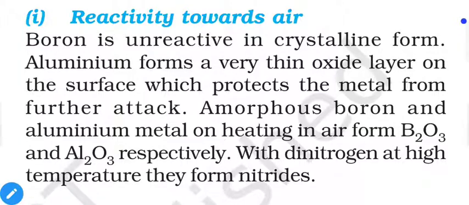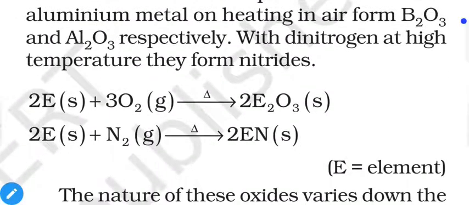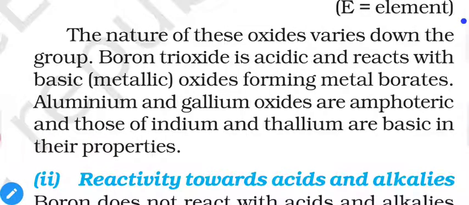That means trioxide. With nitrogen we require a high amount of energy, that means high temperature, and then it can form nitride as mentioned here. Now, as we already discussed, non-metallic oxides are acidic in nature and metal oxides are basic in nature. So, as the metallic character increases, basicity of oxides increases, and as the non-metallic character increases, acidity of oxides increases. So, based on this, we can say that boron trioxide is acidic.